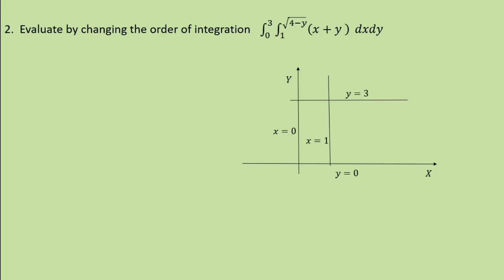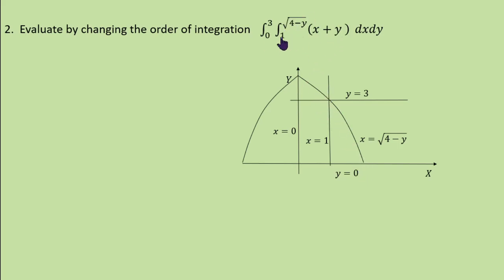Here x square equals minus of y minus 4, so the vertex is 0, 4. Therefore, it is a parabola that opens downwards with vertex 0, 4, and it passes through the points y equal to 3, x equal to 1 and y equal to 0, x equal to 2. So just draw this graph.